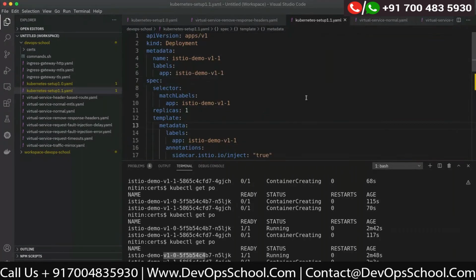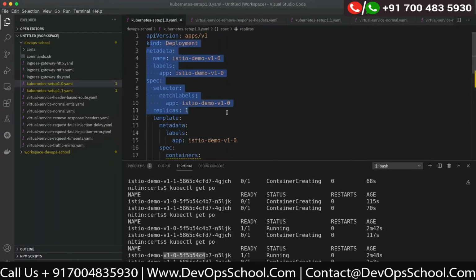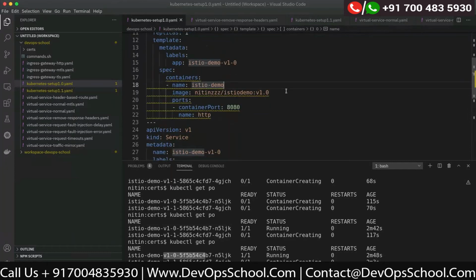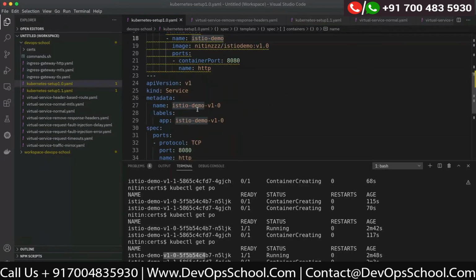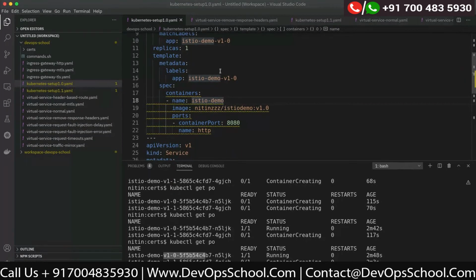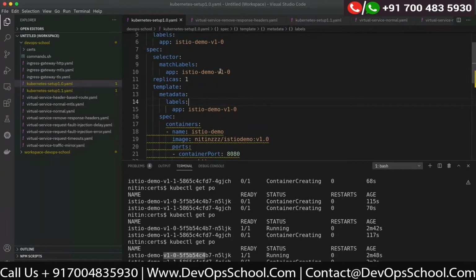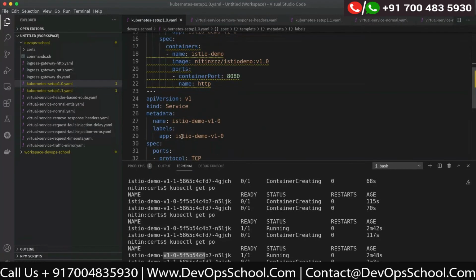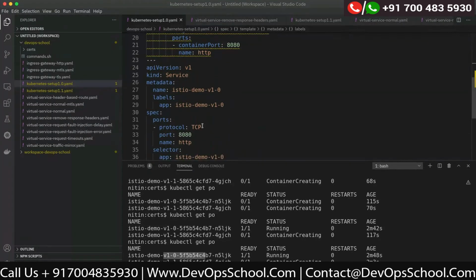What we have now is, I have created a pod with this configuration, with this deployment. It is running one replica, and this is the image I have used for this, Istio demo 1.0. It's a Spring Boot service which is running on 8080. Now, as I said, once I've created this service, this pod is visible within the cluster. So if there is a pod or a service within the cluster which wants to access this service, it can do so via this service. However, we are outside the cluster, so if we try to access this, we will not be able to access this particular service.